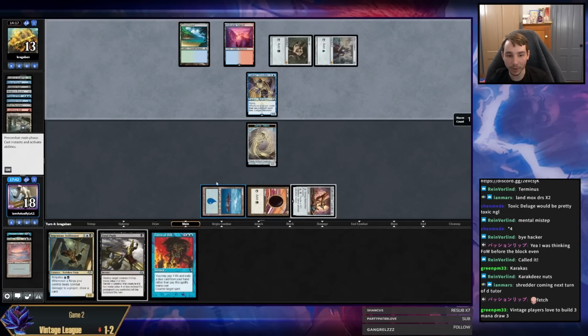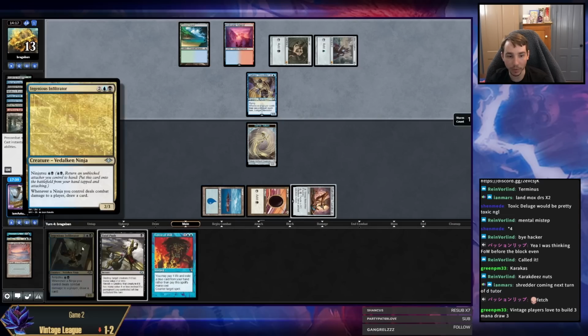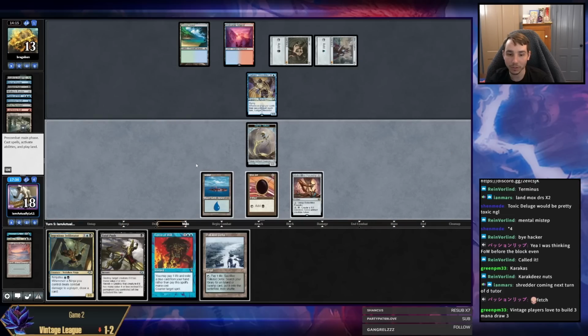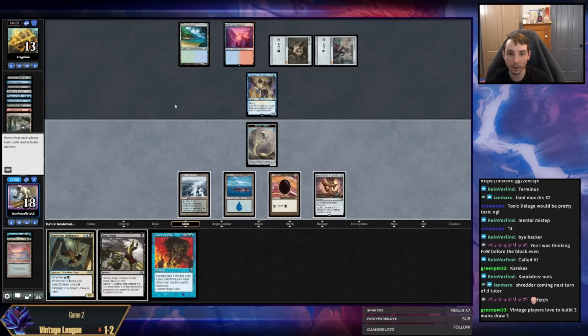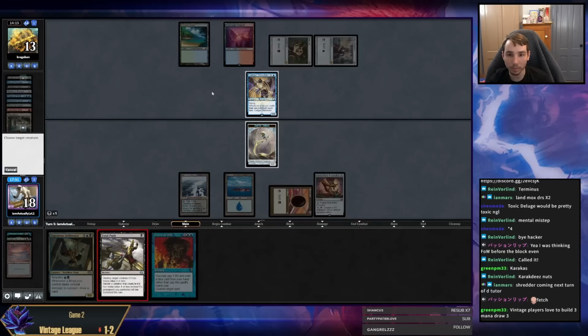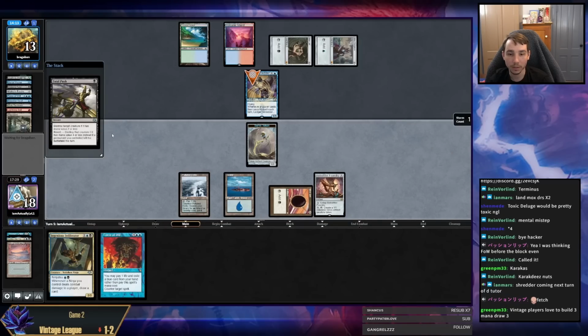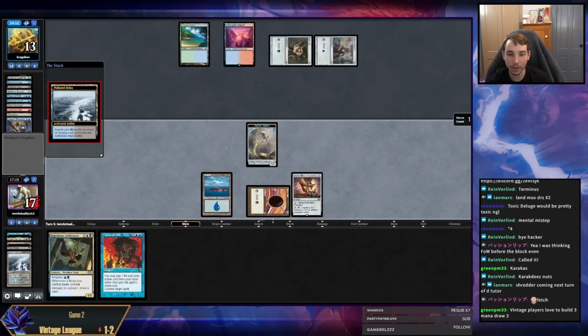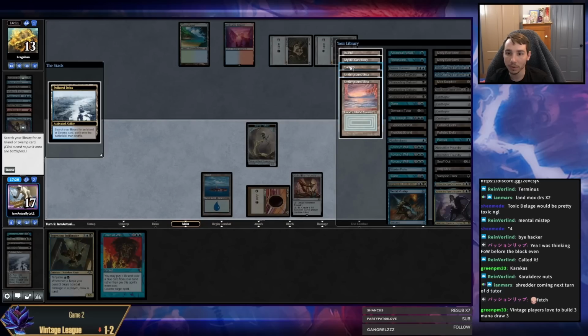I guess if I had fetched a basic island here, that wouldn't have helped me. That would push plus infiltrate, so maybe it doesn't matter. Fair. All right. So, ooh, okay, we're in. They have 1 card left in hand. I will push your Shredder, crack my fetch, get a swamp,